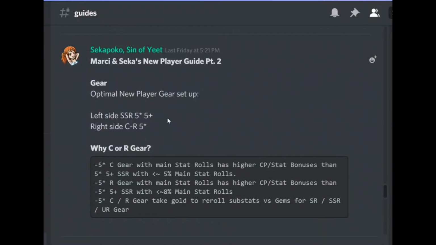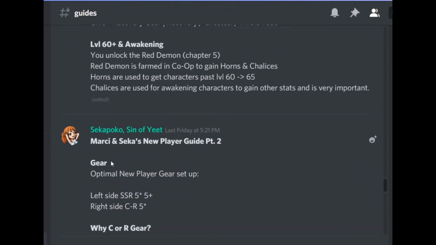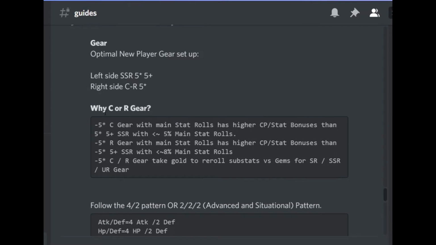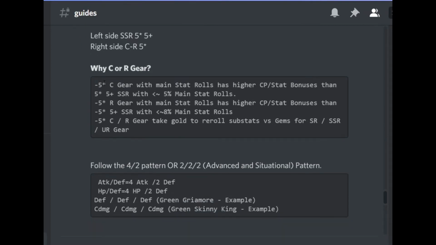Now let's talk about how should a new player set up their gear, and I'm using this guide on the Grand Cross Discord, thanks to Marcy and Seka, new player guide for the gear. First, you want to start with left side SSR, 5-star, 5+, and then right side is going to be common or R gear. And as you can see, they ask you why C or R gear. They say 5-star C gear with main stat rolls has higher CP stat bonuses than 5-star 5+ SR with 5% main stat roll. So basically, C or R gear could be potentially as good as an SSR 5-star 5+,